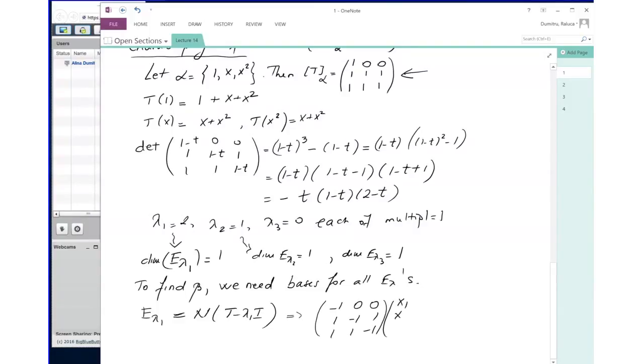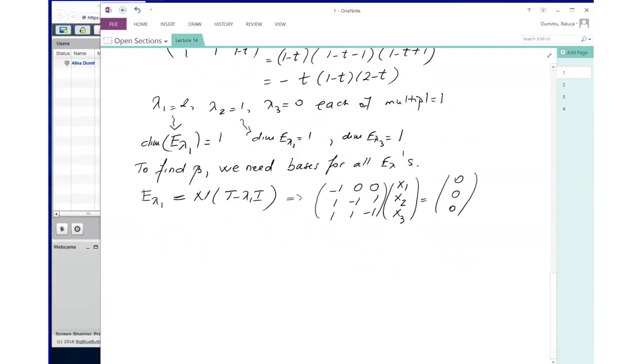To find a null space, I need to find those vectors x1, x2, x3 that give you 0 here. Which means this system of linear equations